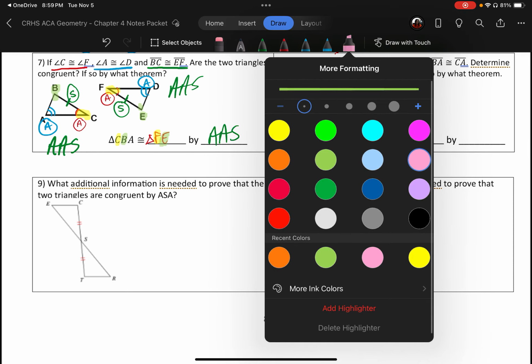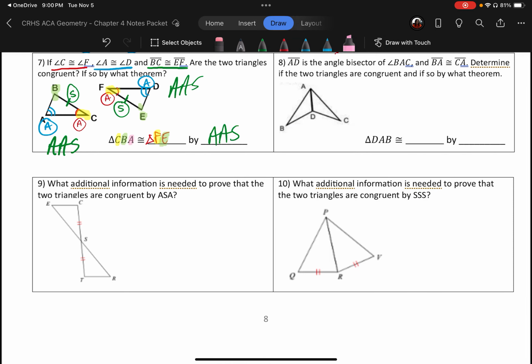And then lastly we have A. A is the blue angle, matches up with D, the blue angle. So triangle FED is how I would finish that congruency statement. Next we're looking at